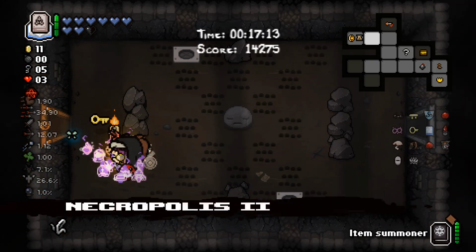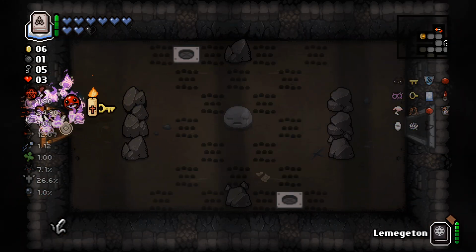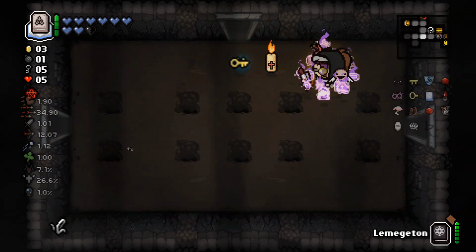Can't really afford any of that. I'll take the bomb, I guess, because I wouldn't mind destroying all those shopkeepers, like I said before. I'll also take the red heart, because that could be pretty good. Do need to start running along now, but